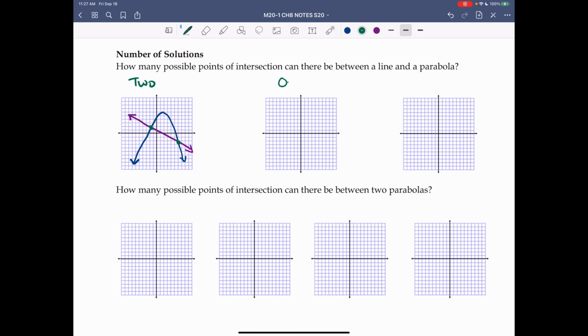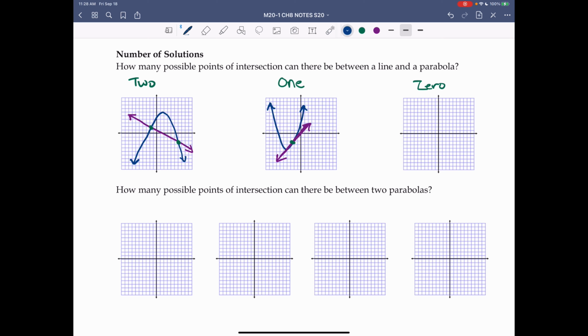We could also have 1 point of intersection. A parabola could open up or down. And then our line, if it's tangent to the parabola, then it kind of glides along the edge of the parabola and intersects at 1 point, but it doesn't actually cross anywhere. So hard to see, but let's say that that's the point that it actually touches the parabola. Everywhere else, it's on the bottom right side. It's not actually touching the parabola. So that's one solution, and we could also have